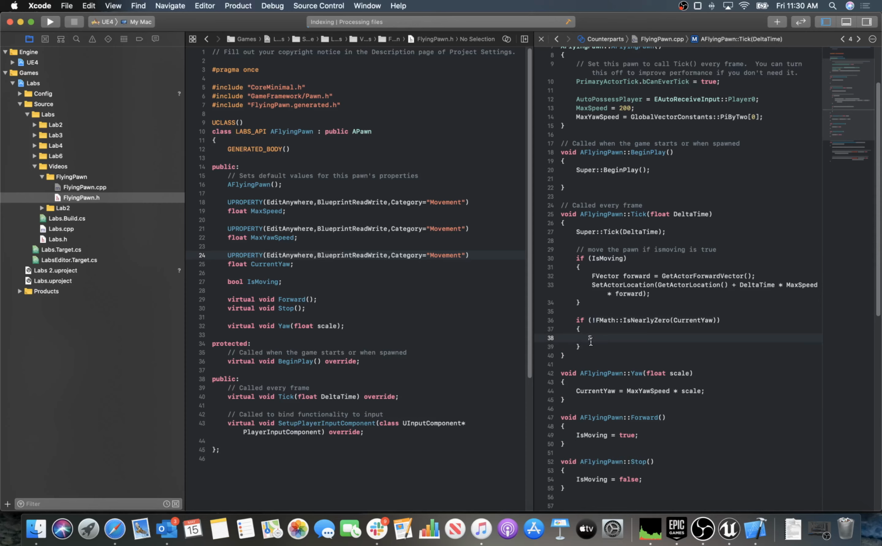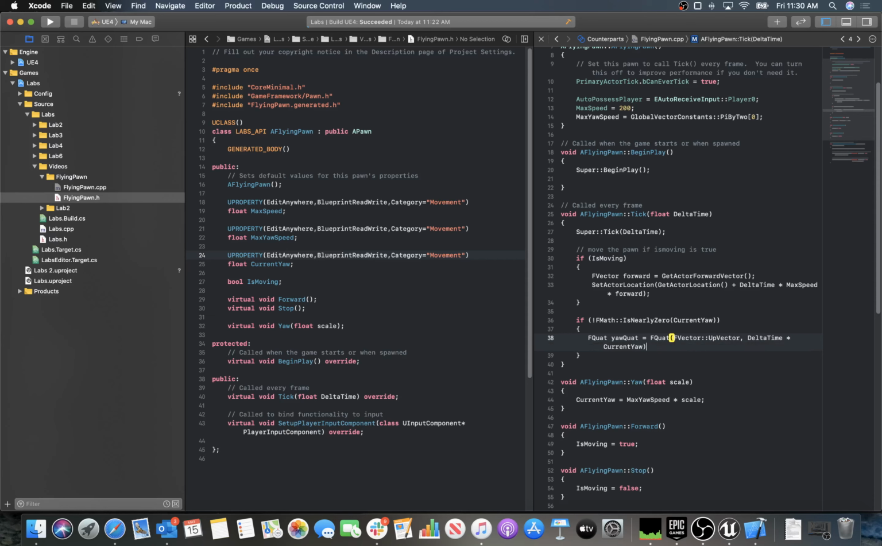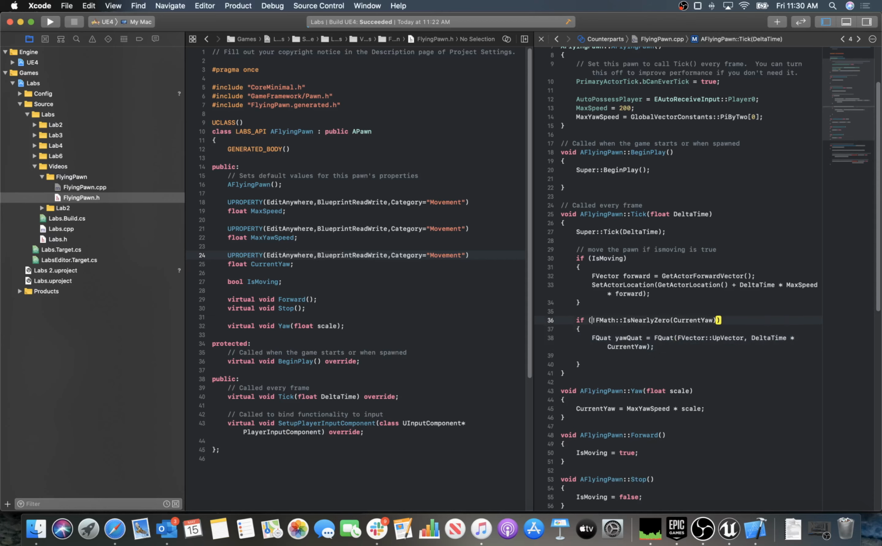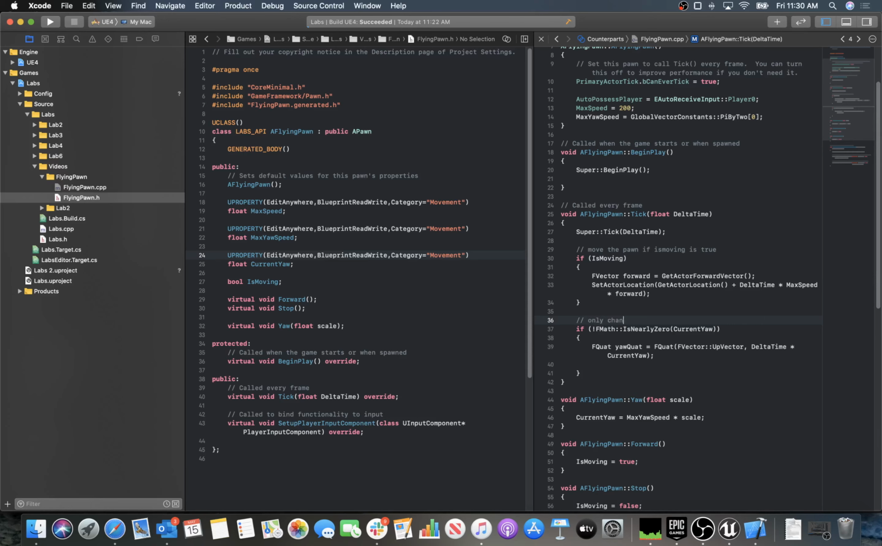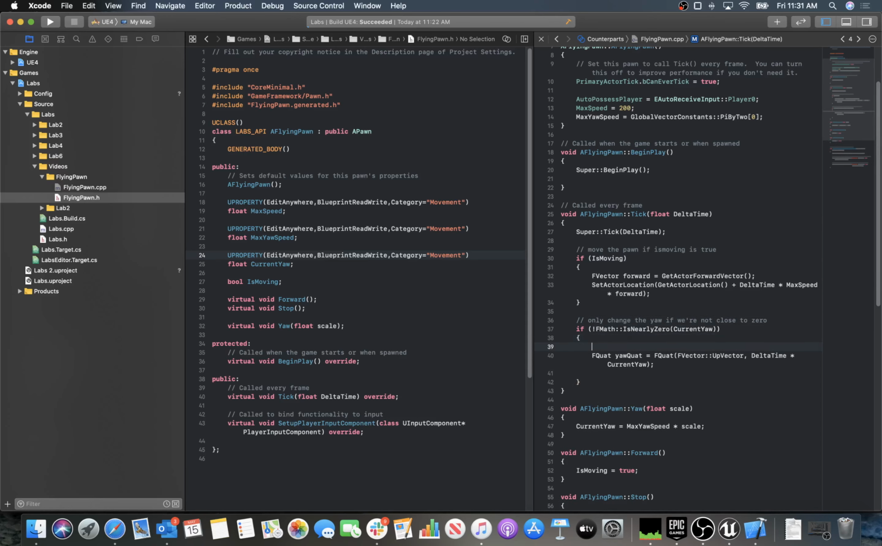And then we're going to use some quaternions. So we'll say f quat, we'll call this the yaw quaternion, equals f quat, f vector, up vector, delta time times current yaw. So only change the yaw if we're not close to 0. Let's put some comments in here. And then